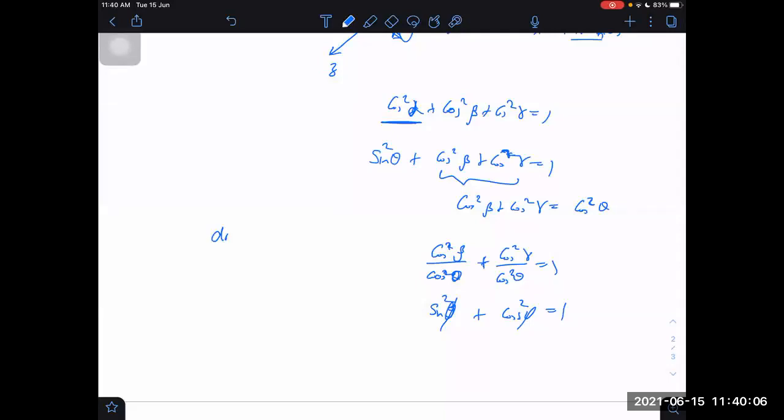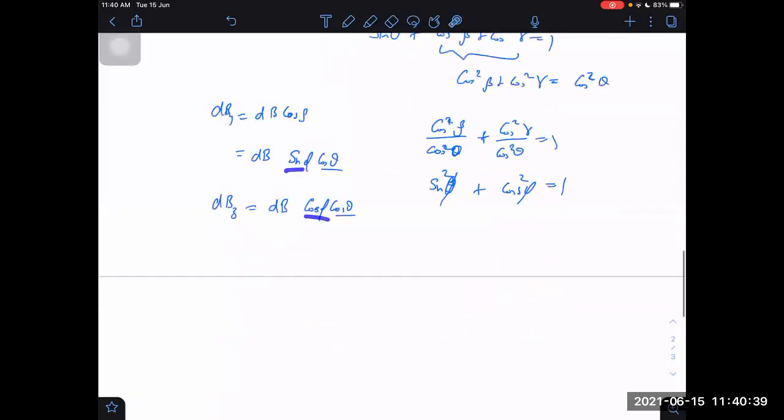So if I am saying dBy is equal to dB cos beta, now I can also say that it is actually equal to dB times what? Cos square beta upon cos square theta is sin square phi. So I can write cos beta upon cos theta is equal to sin phi. So cos beta I can write as sin phi into cos theta. What will dBz be similarly? dBz will become similarly dB into cos phi into cos theta. Cos theta is constant. What is variable here? This phi will be varying.